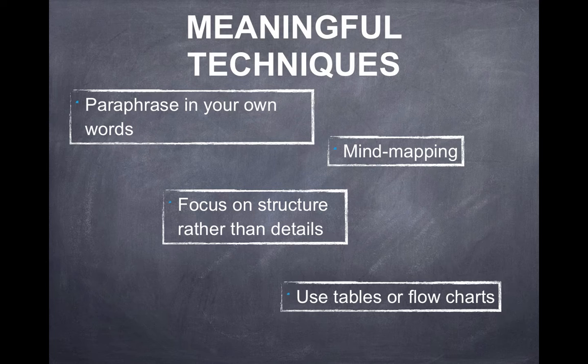For some of the visual learners, again, using tables and flowcharts are good ways to make information that's comprehensive and big more understandable. It's a visual technique. And then lastly, and some of you I've seen use this, is discussing. Meeting and discussing content can sometimes be a very good way to make more sense of information that you're trying to learn, by discussing with others and getting their perspective on it as well.